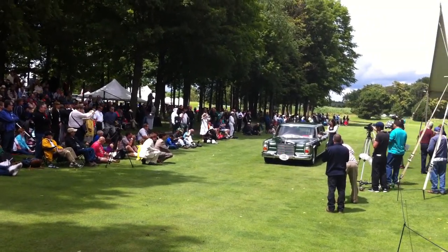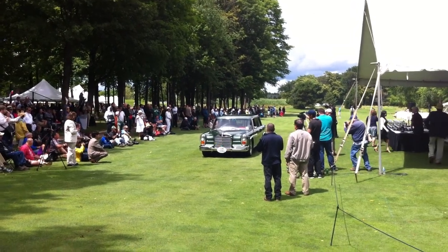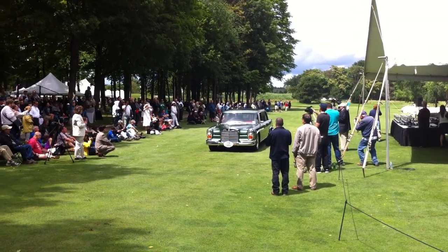Mercedes introduced the 230 Pagoda car, and they introduced this big 600. Now what is a 600? 600 means